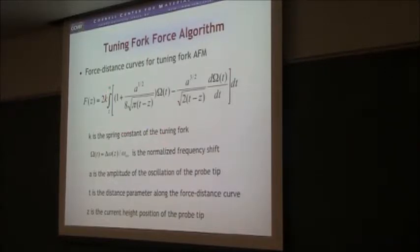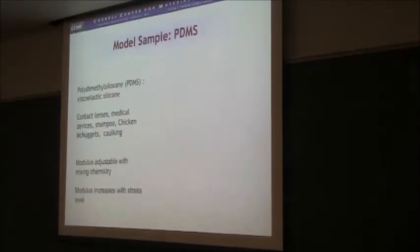That's the mechanical component that's vibrating, right? There's the amplitude of the probe tip, and so when you use this algorithm, which is supplied by Nanonics, you can in principle extract a force and get the force distance curve. We would like to see how well the forces that you measure on a kind of standard material with Nanonics relate to other techniques. So our approach was to take PDMS, which is a conventional viscoelastic silicone, which is in